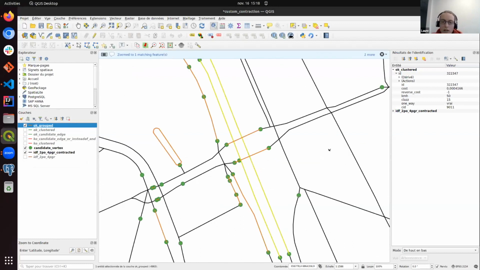Here is one case where the merging went wrong because you can see that those two lines are part of the same group that we want to merge. And well, you can see it's not possible. And the way it was grouped is because they are crossing the same lines.